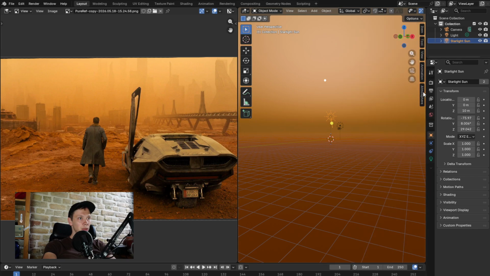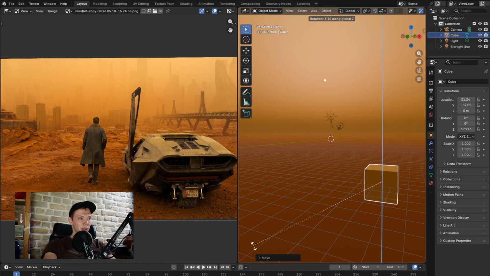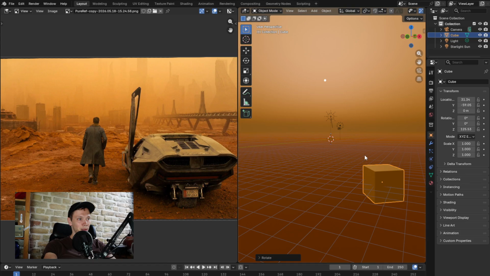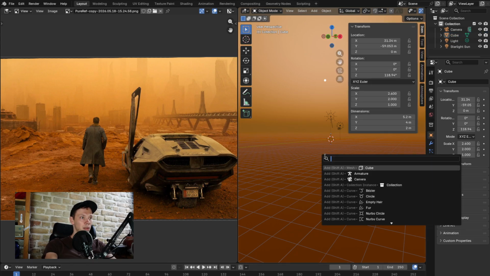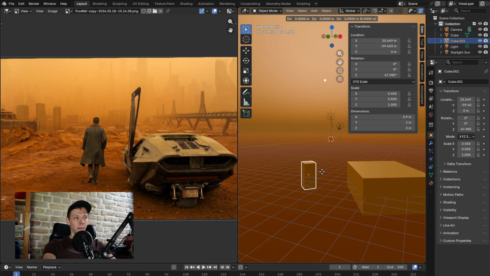I would love to have cube, grab X, grab Y, rotate Z, some like this. Shakalaka. Cube. These are my placeholders. Maybe in the future I will learn how to use proper models. For now,